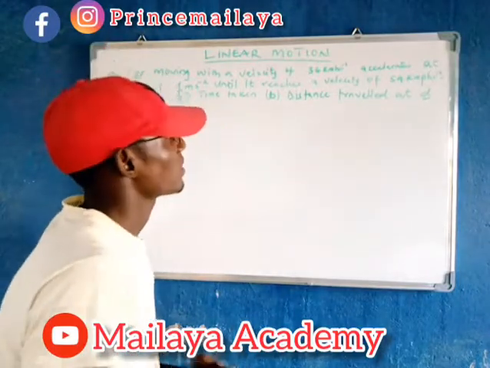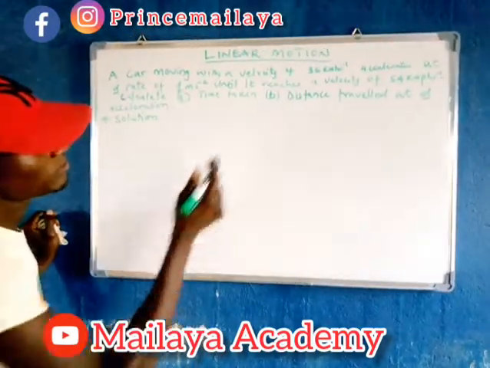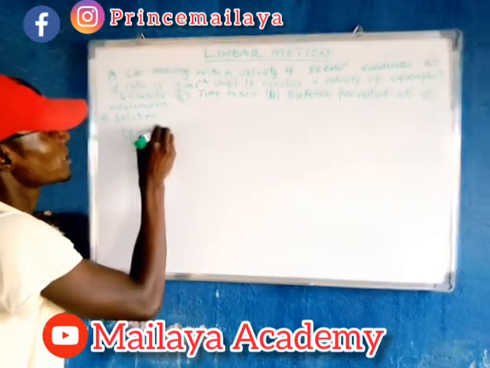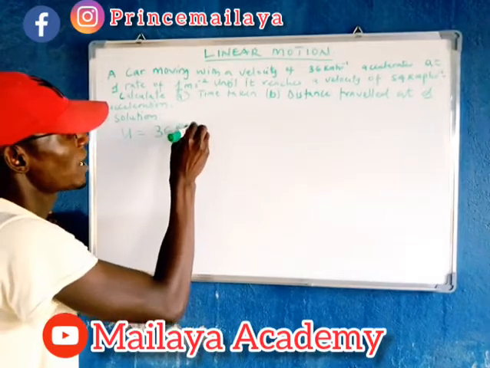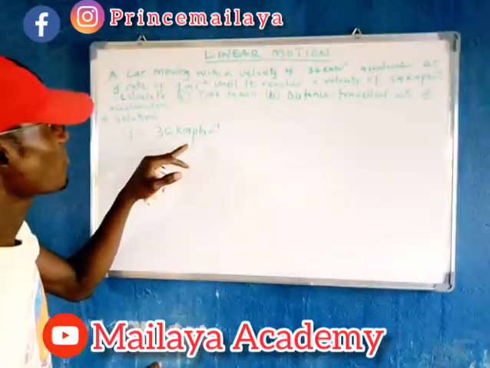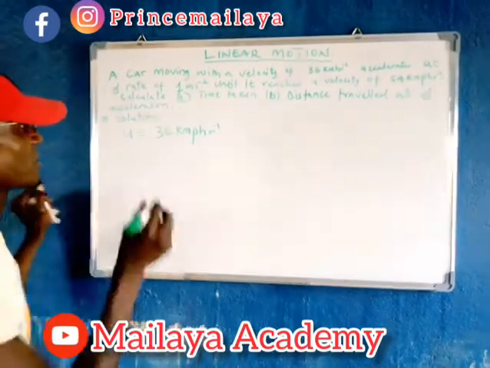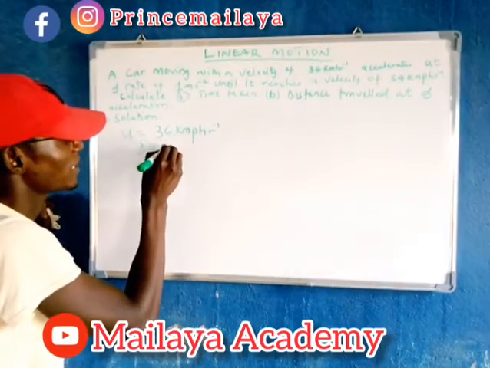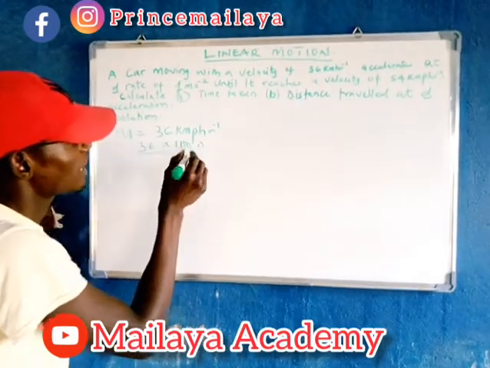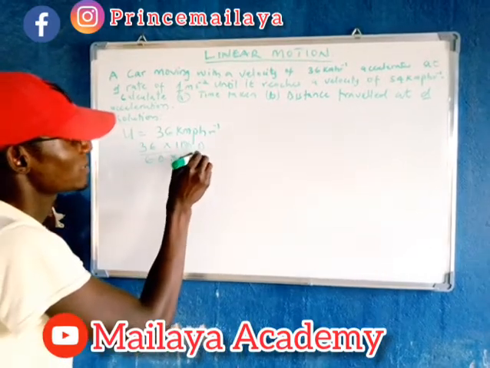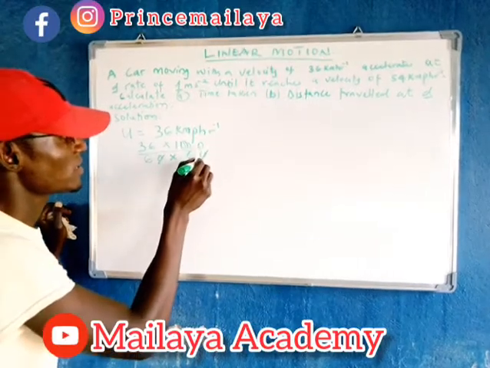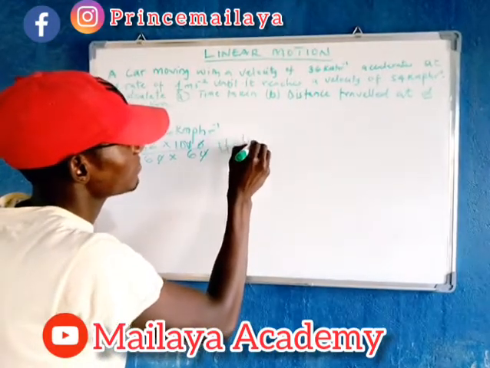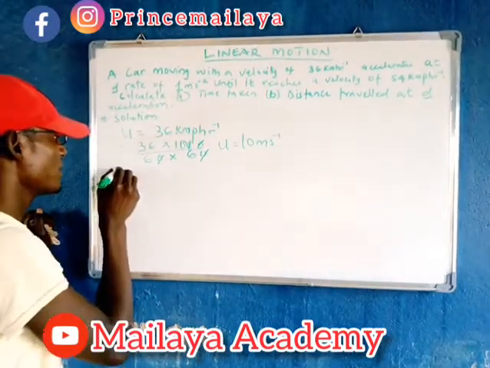Now let us solve this particular problem. First of all, we need to bring out our parameters. From the question, our initial velocity u is equals to 36 km per hour, and we need to first of all convert it into meter per second. That is, we will do something like this. 36, we multiply it by 1000 and divided it by 60 seconds times 60 minutes. Here 0 cancels 0 and this 0 will cancel this one too. We will be left with u is equals to 10 meter per second and v, the final velocity, will be